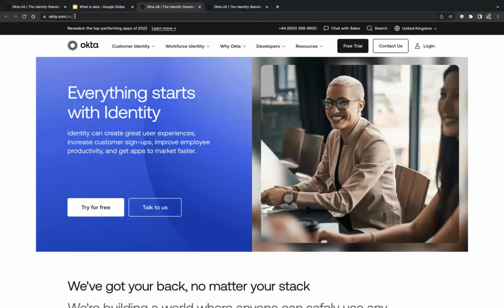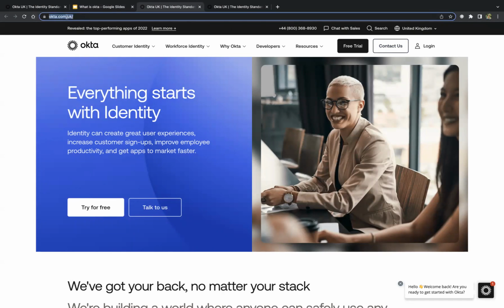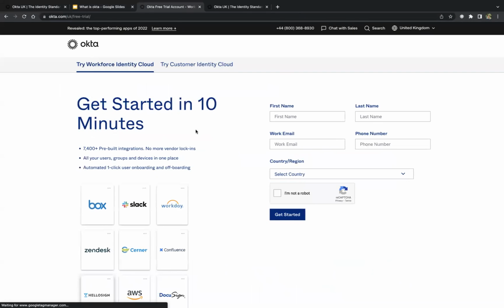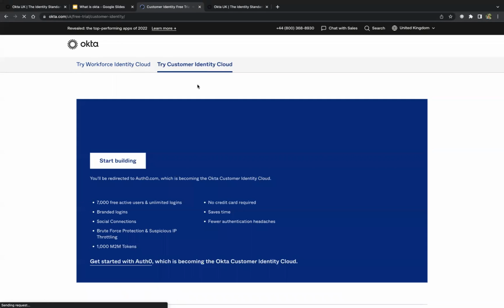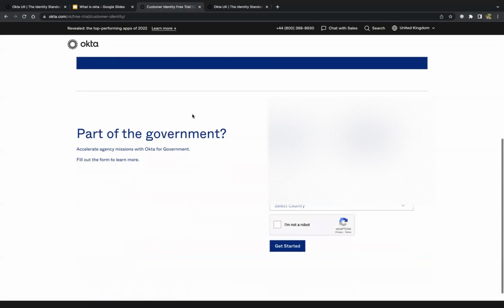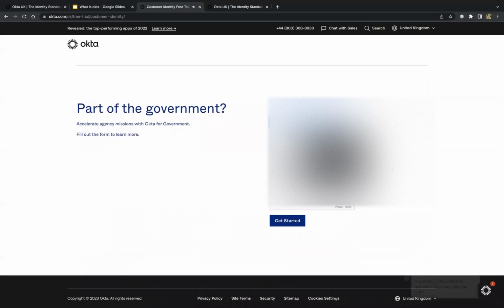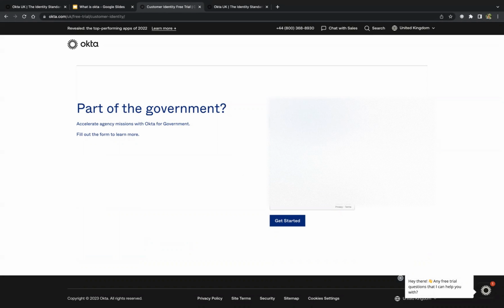So let me show you again how I have landed on the page to create the free trial accounts. When you land on the home page, whichever region you are in, doesn't matter, you will see the free trial button. Click on the free trial button, and you see try workforce identity cloud and try customer identity cloud. Try the customer identity cloud. And when you scroll down, you will see the email, first name, last name, and the country. So here, let me try to create